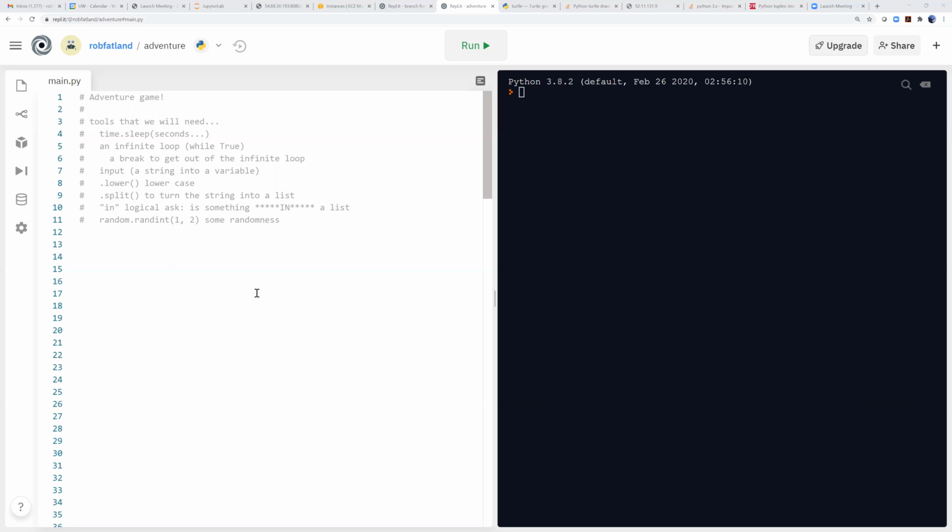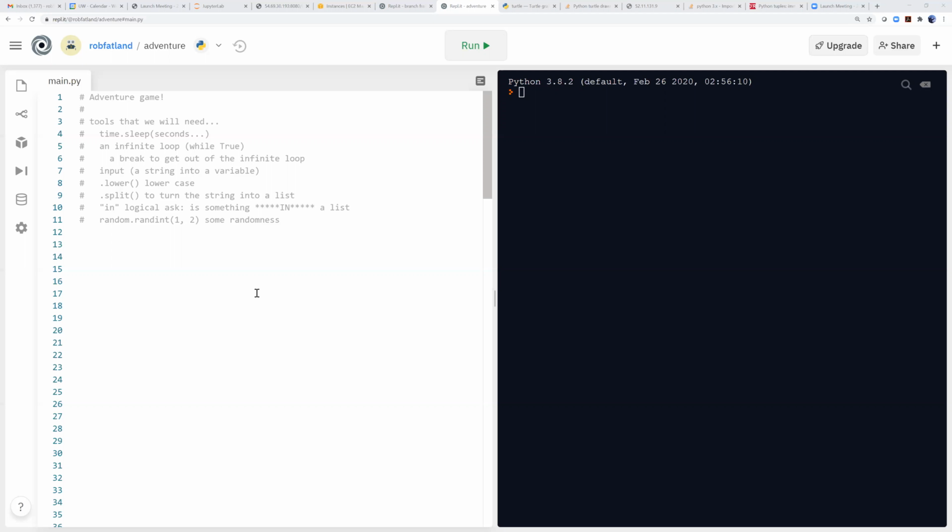We're also going to use a coin toss to choose between two possible things to say. For that, we're going to use the random integer, or randint, function. That randint function is built into the random library, so we're going to have to import that. And by the way, to escape from the infinite loop, we need the term break, B-R-E-A-K. Okay, so obviously we're going to need to use input, but then after we get input, we're